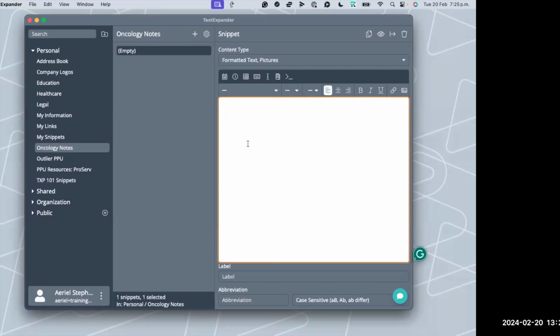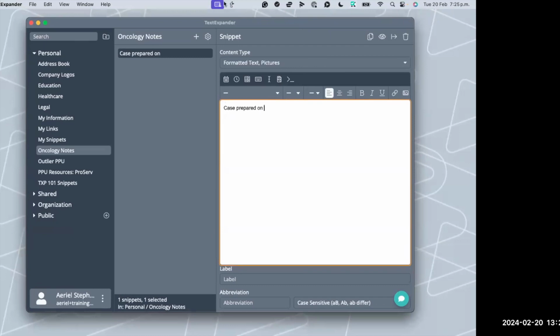So basically, I'm going to put case prepared. So we're going to build the note part, the oncology note part, and then I'll go back to the part where it just went through some basic patient health info. But the features are all pretty similar overall, and this one's the more advanced stuff. Okay, so case prepared on. So what we saw when I first expanded this was it actually was able to pull the current date and the current time for me.